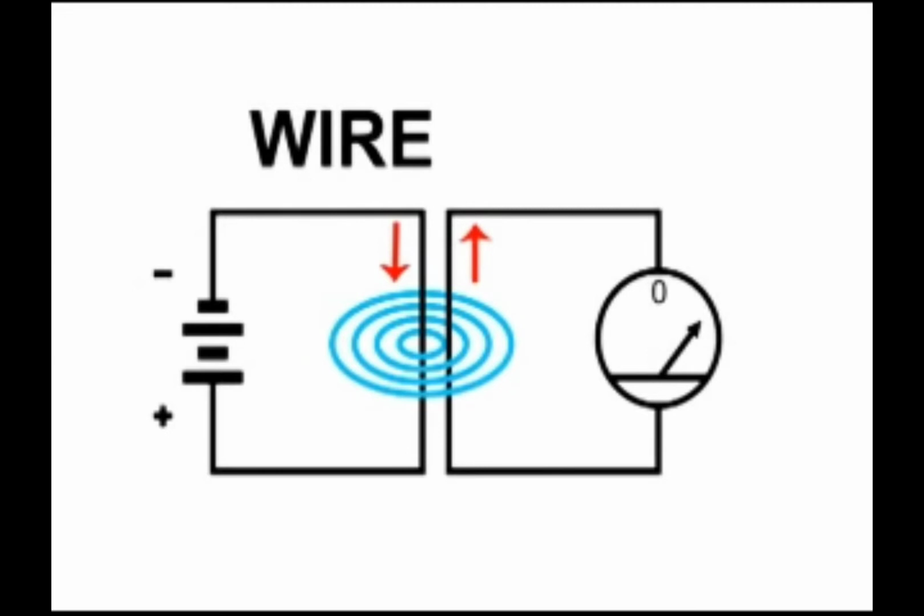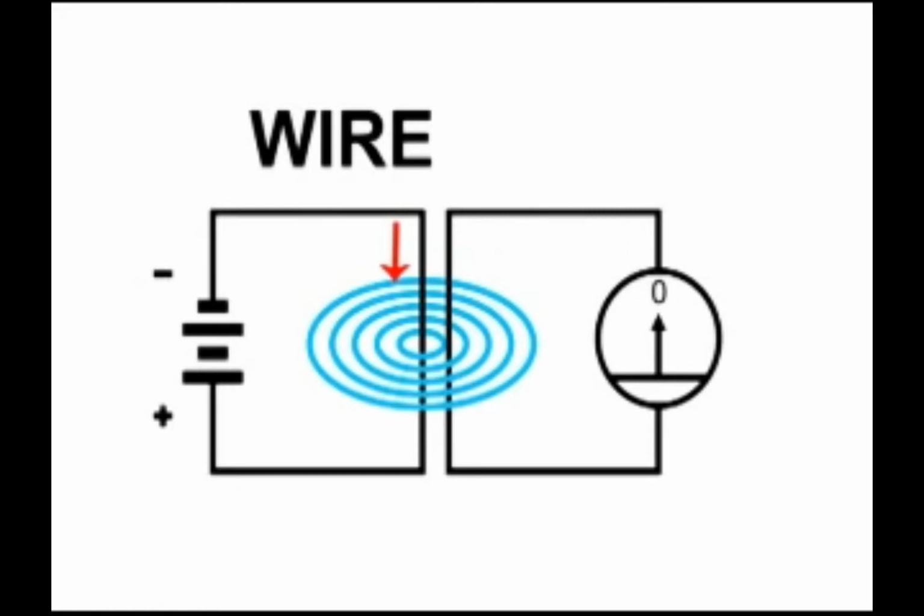And this will continue as long as the magnetic field is expanding, cutting across the second wire, or we could call that the secondary. When the magnetic field stops, then the current stops in the second wire, or the secondary. Now if we should lower the voltage on the first wire, or the primary,